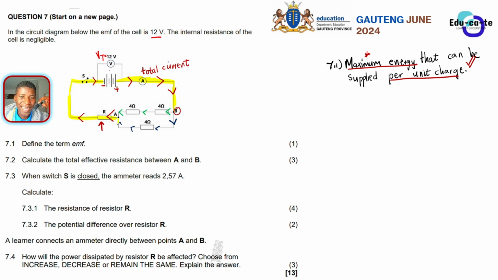Okay, the current that we find here is the same current as the one that we find here at the emitter and at all these points. I hope that's clear. I've made quite a couple of videos explaining this concept of splitting current. So now we can proceed and try to answer the questions. It says calculate the total effective resistance between the points A and B.